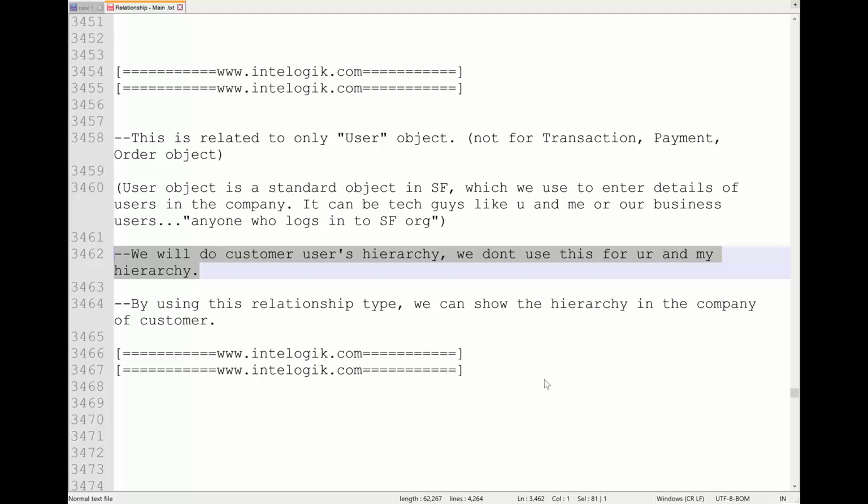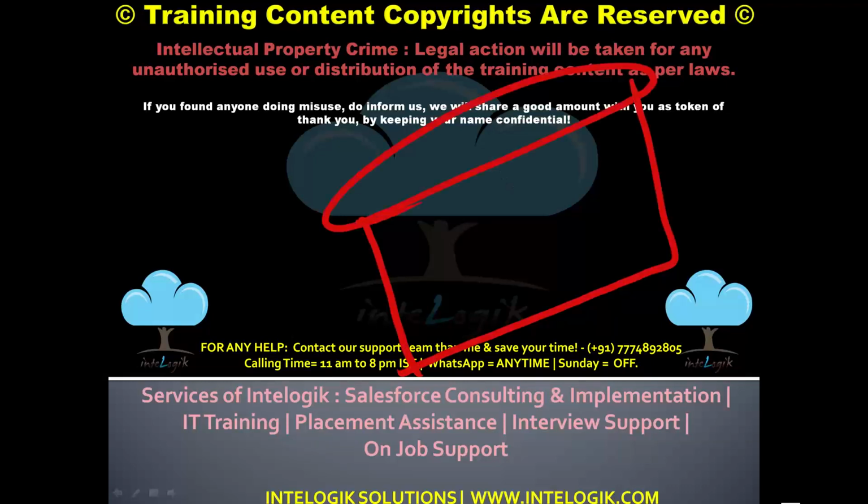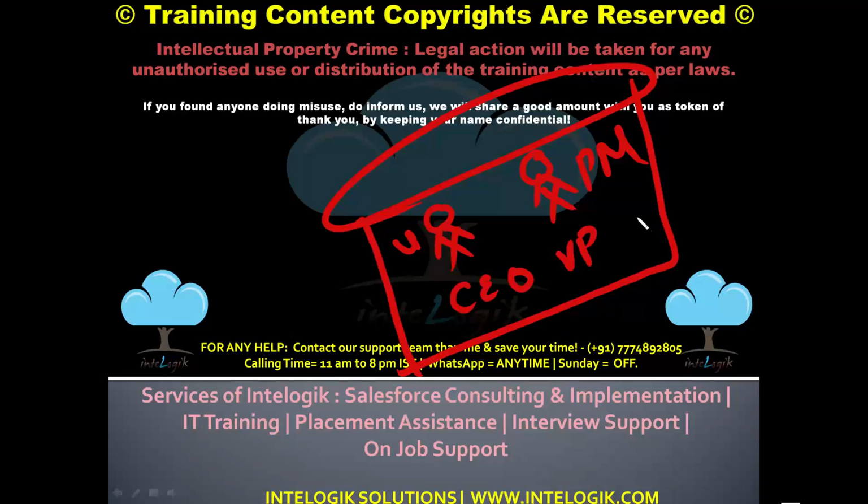Now listen carefully here. Understand this information. Assume there is a user table in Salesforce. In that your record also will be present because you need to log into Salesforce. Your project manager's record also will be there in Salesforce. And now your client, who is giving you salary, who is paying you money for the Salesforce job, is Facebook. So the Facebook CEO also is there, the Facebook vice president is also there, the Facebook CTO is also there, right?